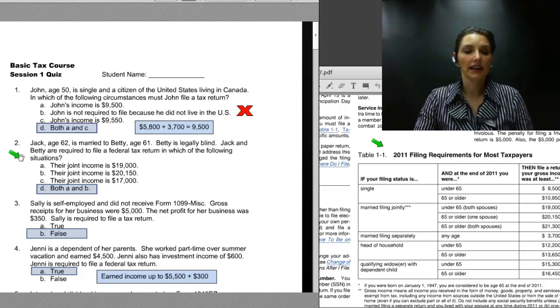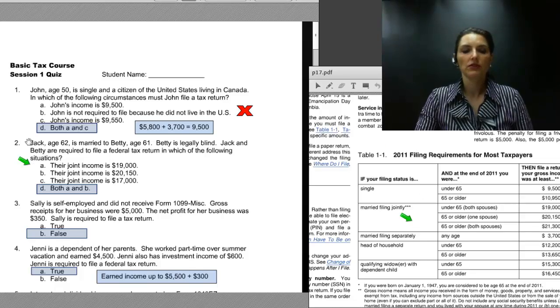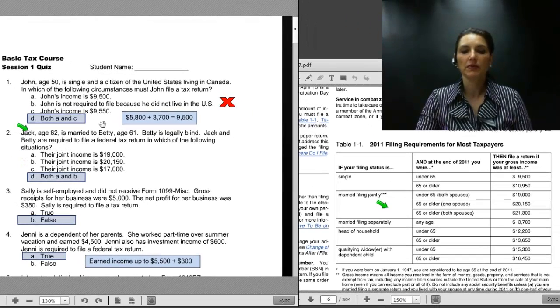Number 2, Jack, age 62, is married to Betty, age 61. Betty is legally blind. Jack and Betty are required to file a federal tax return in which of the following situations? A, B, C, or both A and B. And we're looking at how much their income is and then carrying that over to the table. Well, Jack, age 62, is married to Betty, age 61. Betty is legally blind. Neither of them are age 62 or older, so we're simply going to go over to